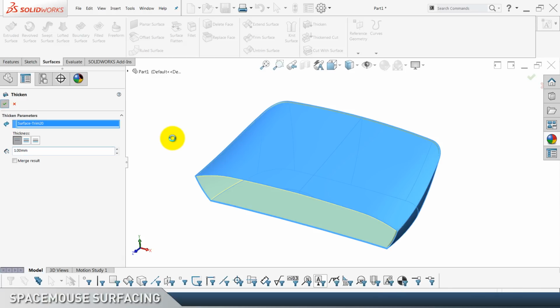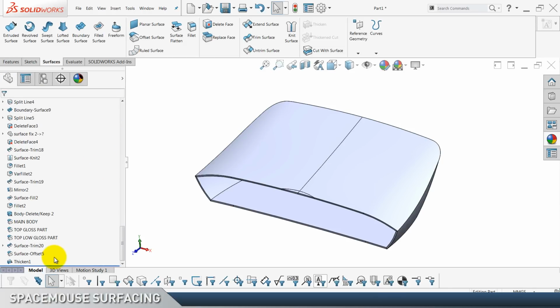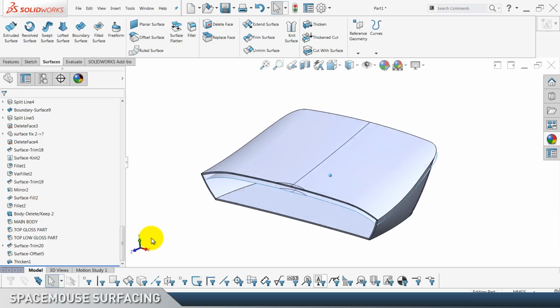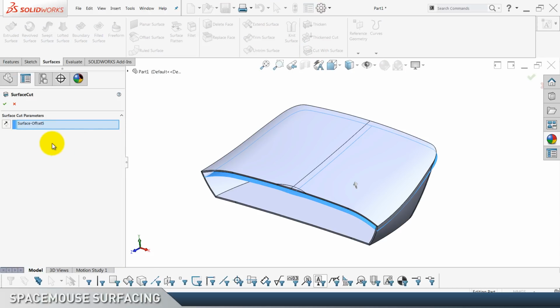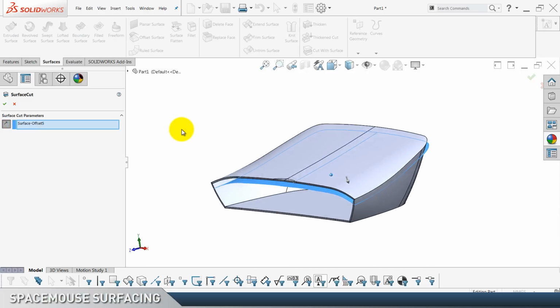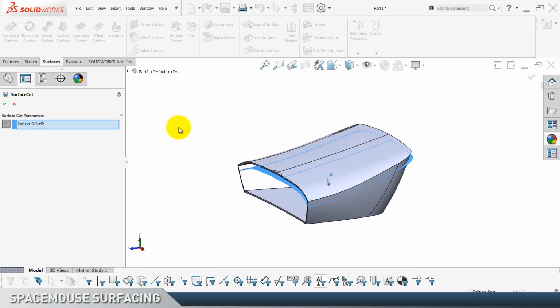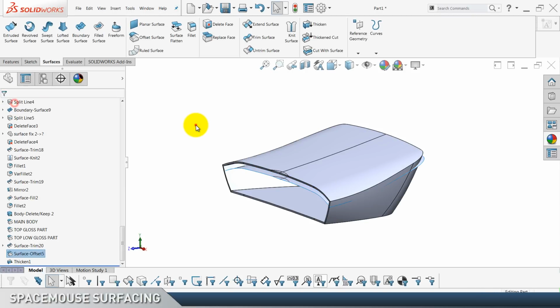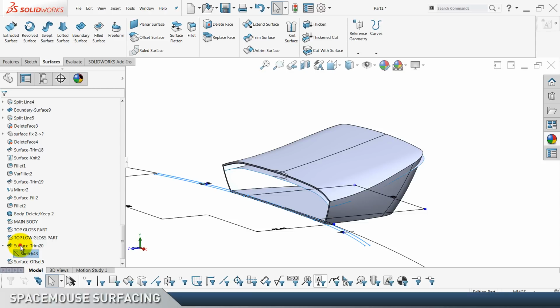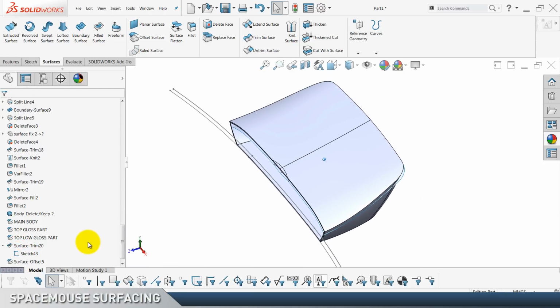Click OK, and we're gonna now take this surface offset, make sure it's visible, and click on it and use cut with surface. Direction is this one. Click OK, and yeah, it's not gonna work. Actually, we are first gonna use this trim sketch and